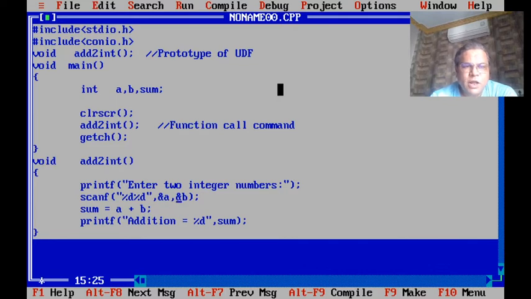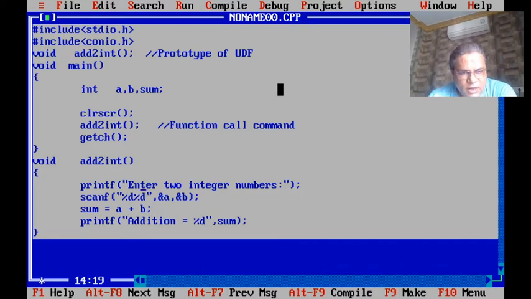And that's what I said initially when I introduced the function. Every function has its own variable space. Variables declared inside one function, for example variables a, b and sum declared inside main, will be visible only within main. If I try to use them inside another function like this, the compiler gives an error.